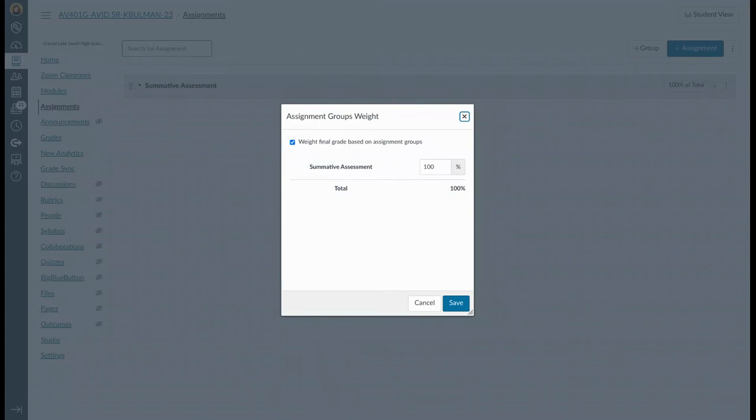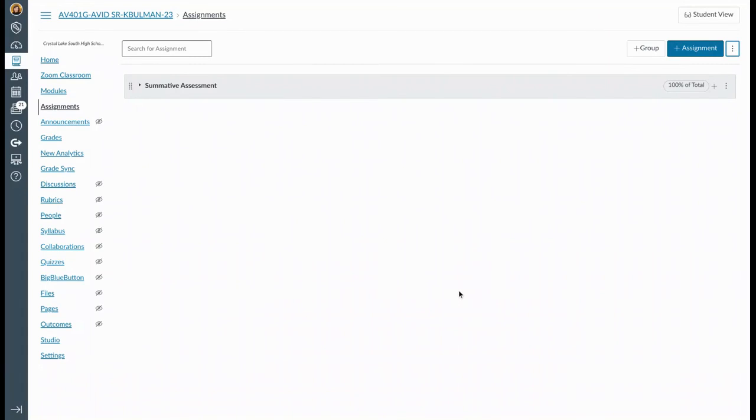This is a great time to log into Skyward and to double check your grade weights to make sure that what you're setting up in Canvas is going to match your Skyward gradebooks. So click Save, and this would also then be the time that while you're in Skyward checking for those grade weights,